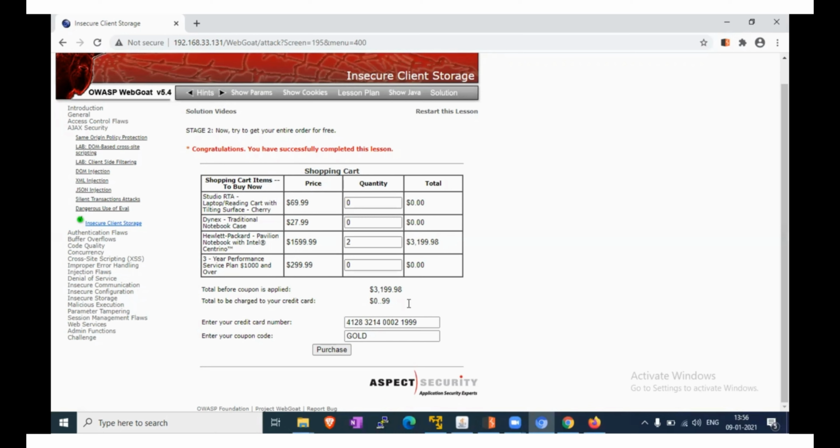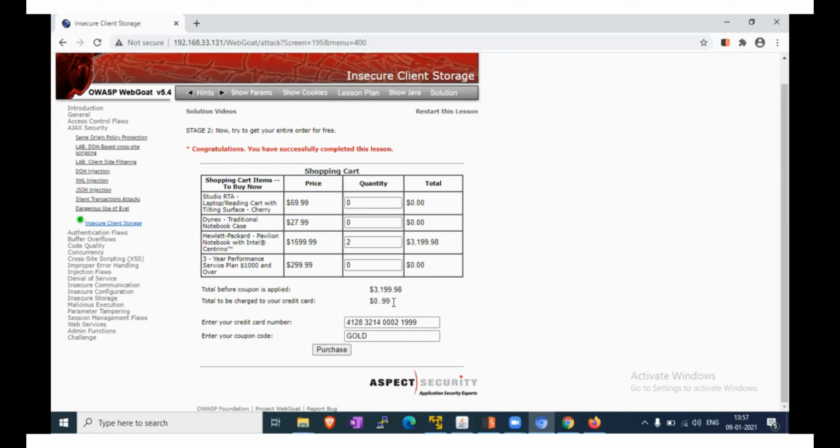So in this lab we have decrypted the coupon code, which is included in the client side validation.js file, and we have also changed the grand total amount of that particular credit card bill that we have to pay.